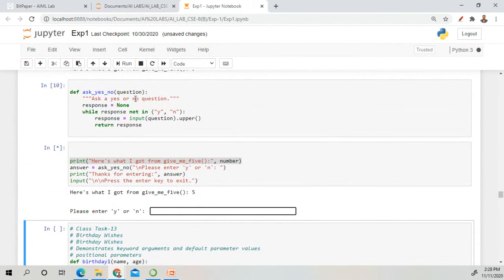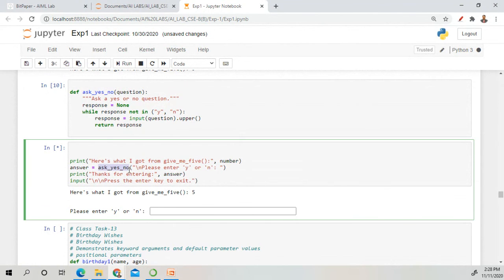Now here we are calling the function ask yes or no. This is the name of the function. Then we have given the question, enter yes or no. Okay, so if you enter anything,